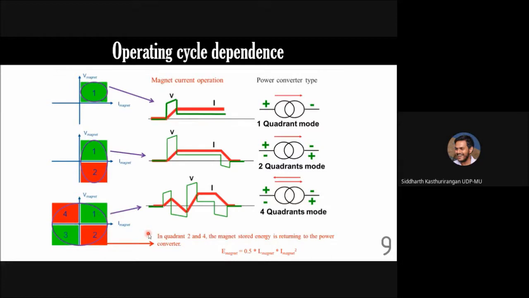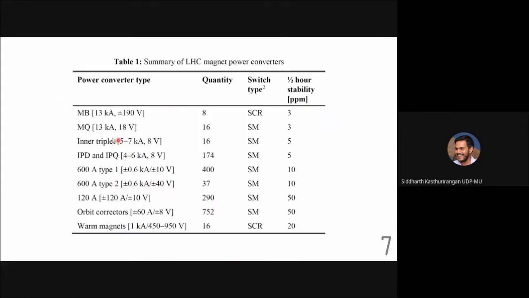So it is voltage and current bipolar. This was what I was trying to describe over here when we talk about when do you need a bipolar voltage part and when do you need a bipolar current part. Sometimes you need only the voltage to be bipolar, sometimes you need both voltage and current to be bipolar. It depends on the role of the magnets.